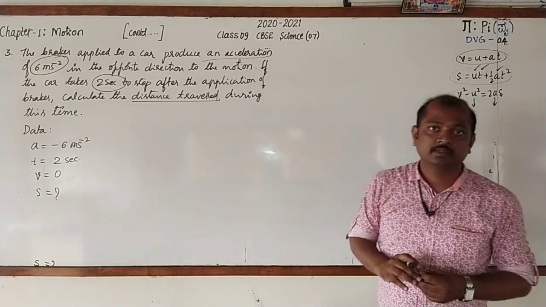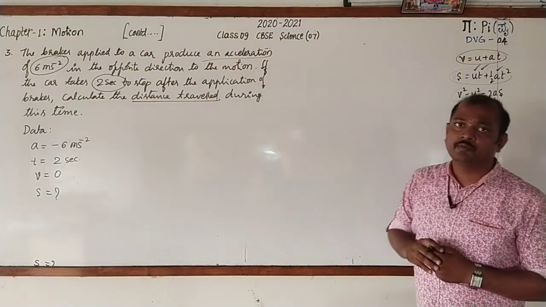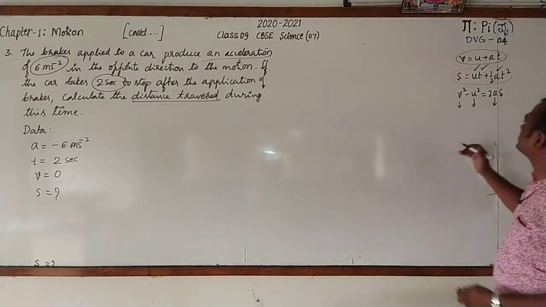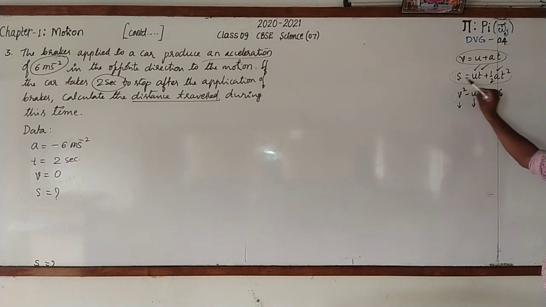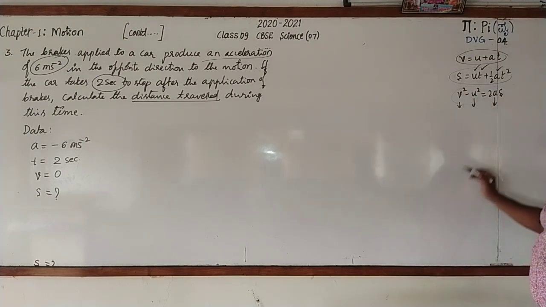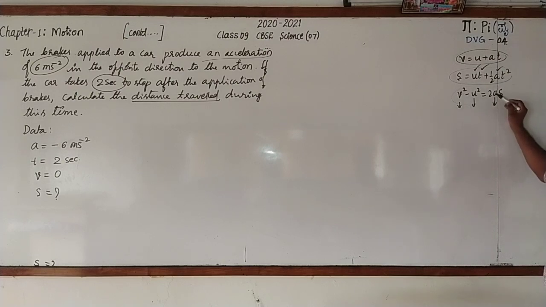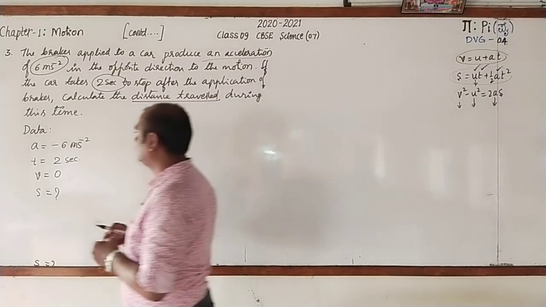Did you understand? Yes. Now, how do you go for finding the distance? To find out the distance, we have the formula, that is, S equal to ut plus half at square, or v square minus u square equal to 2as. In that, what has been given? a as well as t. a is there. But to find out the distance, you must know u as well. And how do you go for finding u?